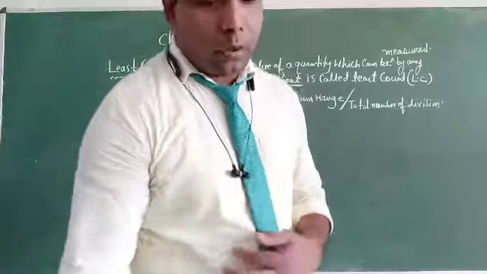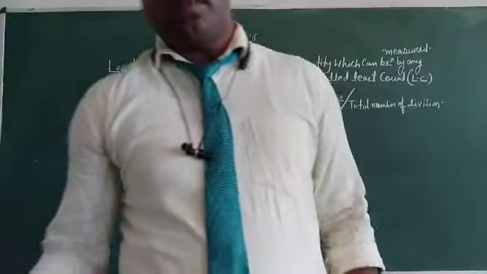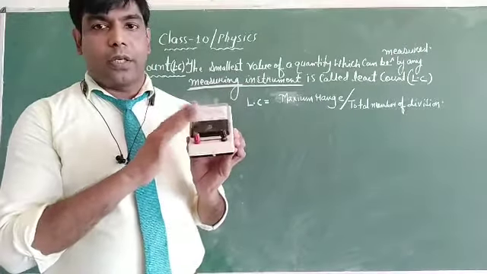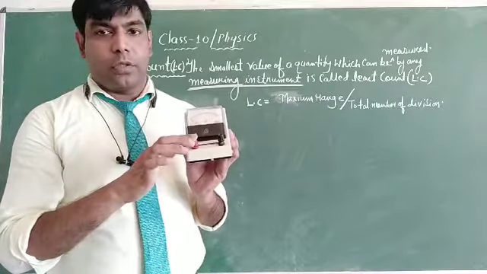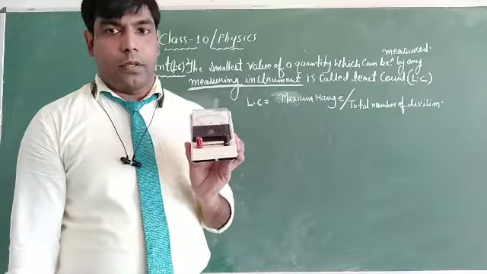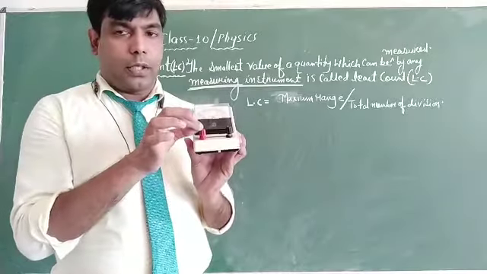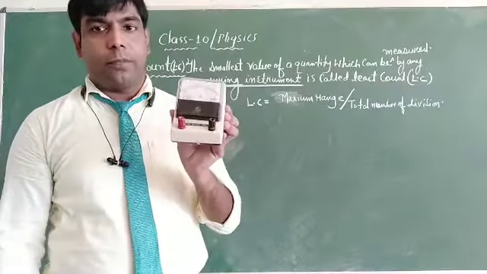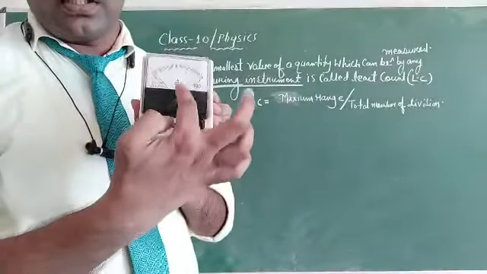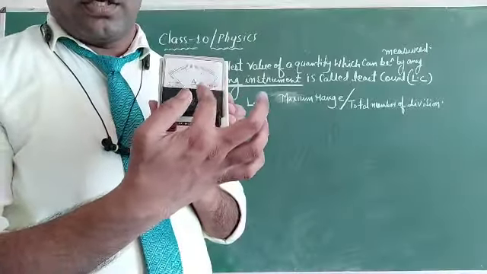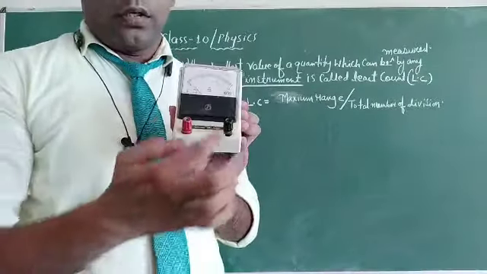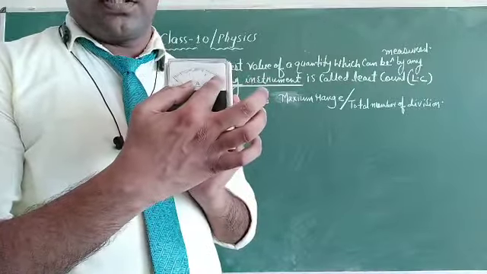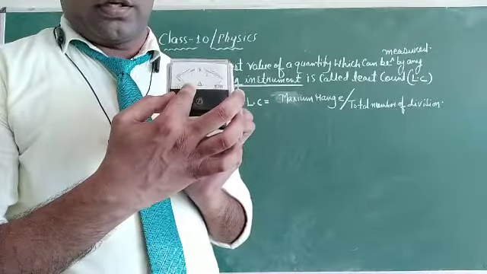Similarly, now let us see for the ammeter and voltmeter. See, this is your ammeter, right? It has two terminals. It is to be connected in series, right? The red one is the positive terminal and this is the negative terminal. One terminal will be connected here, the other terminal at this side in a circuit, in series. Now if you look at it, the letter A means it is an ammeter. If it is V, then you must understand it is a voltmeter. You see there are different markings, and also some numbers marked, right?